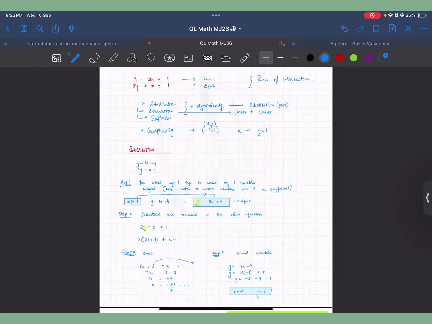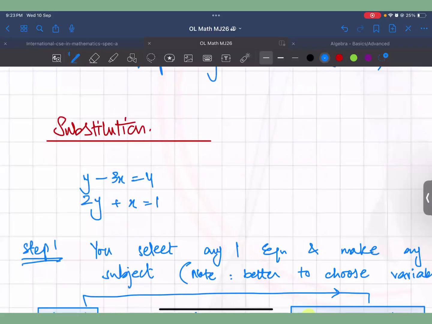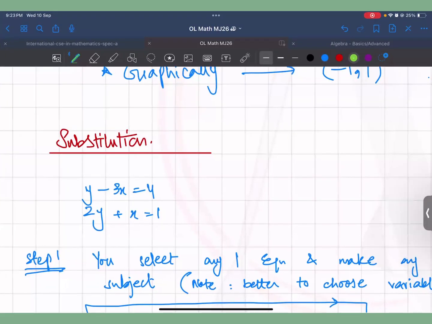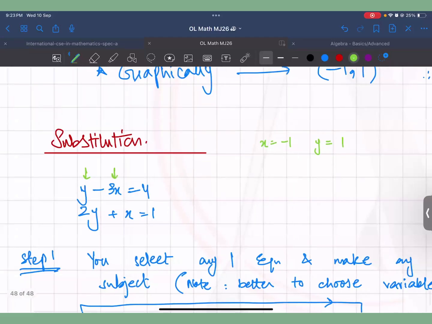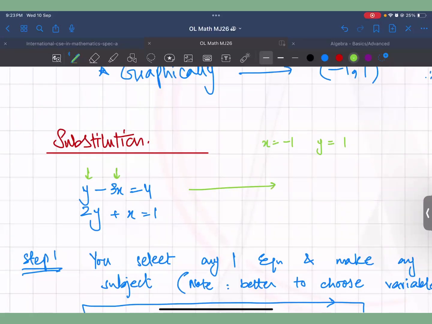ये ऐसे ही कह रहे थे, क्या कह रहे थे? सर, दोनों इक्वेशन में वेरिएबल की वैल्यू सेम होगी? He is saying that in both equations the value of the variable is the same. Yes. For example, right now, the value of x was coming out as -1, and y was coming out as 1. If I use the solution back in the question again, this should satisfy. So look, y is 1, -3, x is -1. Is this equal to 4?